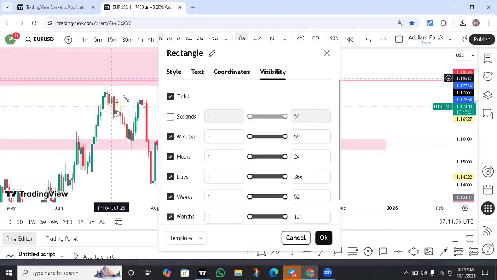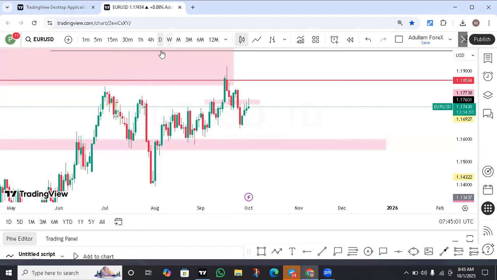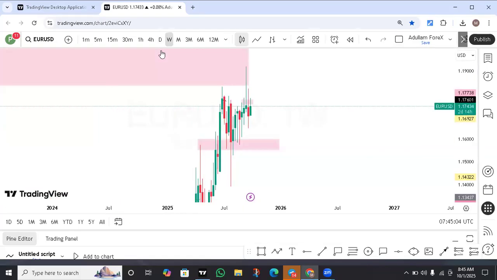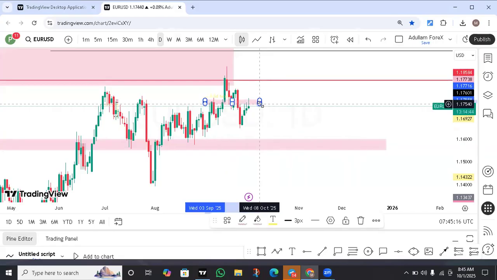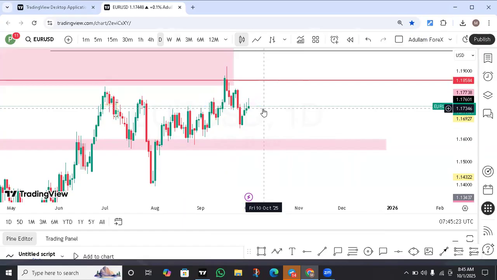So let's go now to the weekly time frame. If you look at this, no confirmation here. There's no confirmation candle here. So for me, it's not something to even talk about. There is no confirmation here, so there is no need to consider this either a potential Quasimodo or a potential blind spot. Rather, I would judge the market in respect to the market structure and the Dow theory being